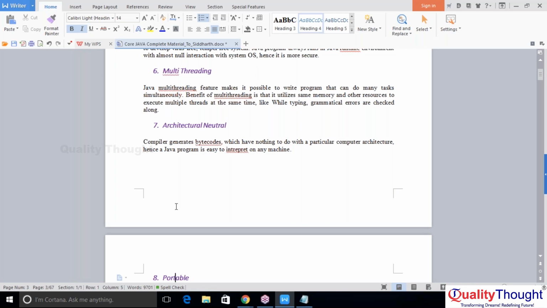Yeah. So architecture neutral. Earlier days we had one thing: 32-bit operating system, 64-bit operating system. So what is this architecture neutral? Let me talk about it from the C language perspective first, so that we can then talk about the Java programming language. So in C language, initially